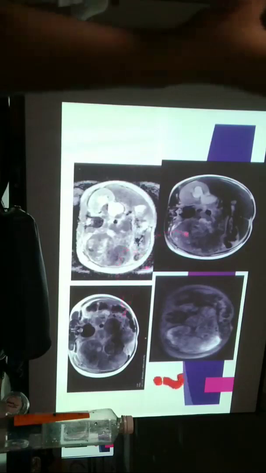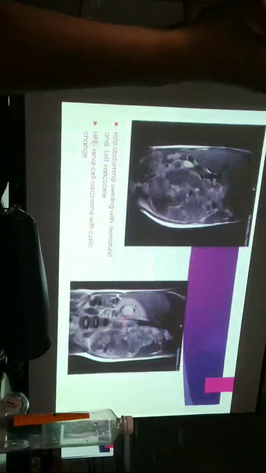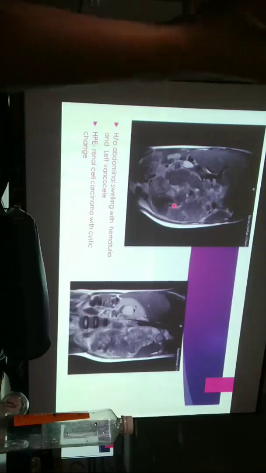The T2-weighted image shows a large lesion involving almost the entire left kidney with a heterogeneous appearance. There is also invasion of the left renal vein. The coronal image shows the lesion involving almost the entire left kidney. This is a patient who had a renal cell carcinoma with cystic change. This patient presents with hematuria and a left varicocele, which is one of the presentations for an